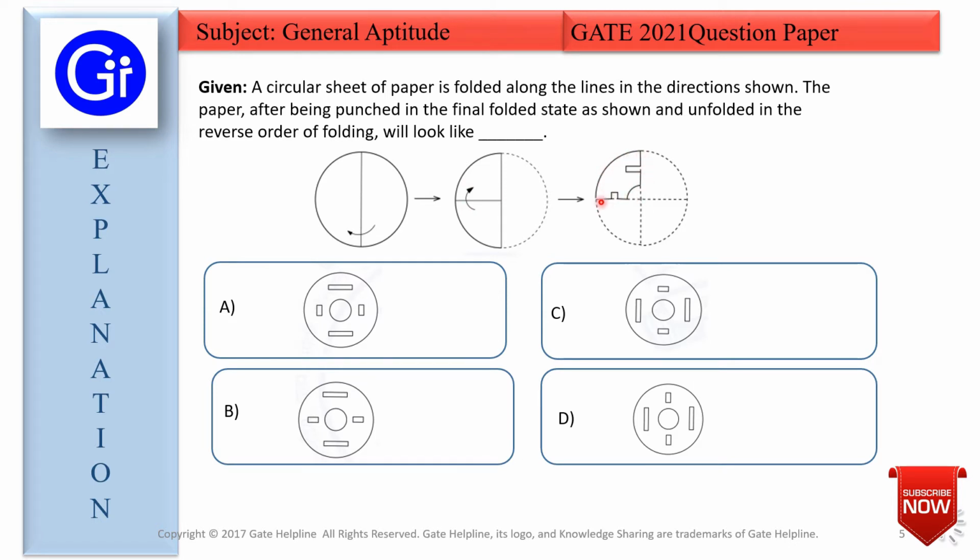In this final state of the paper, we have punched it along these sides. That is, on the y-axis we have given a horizontal punch, on the x-axis we have given a vertical punch, and in the middle we have given a circular cut. So suppose we unfold it, in that scenario, when we unfold this paper to this side, in that case